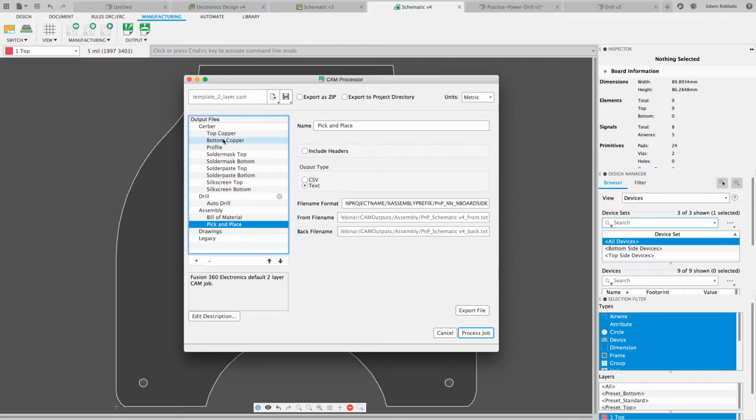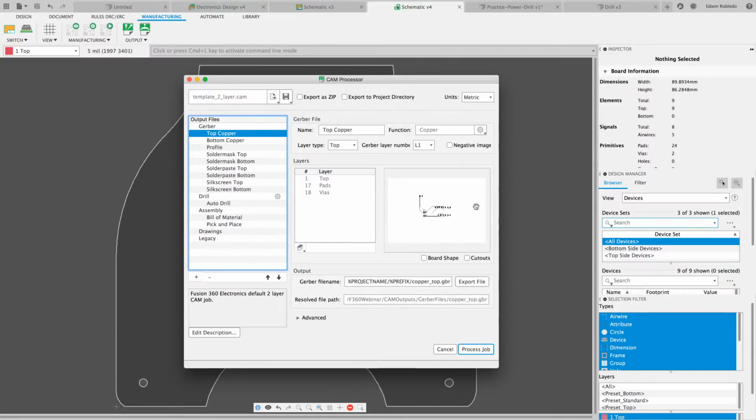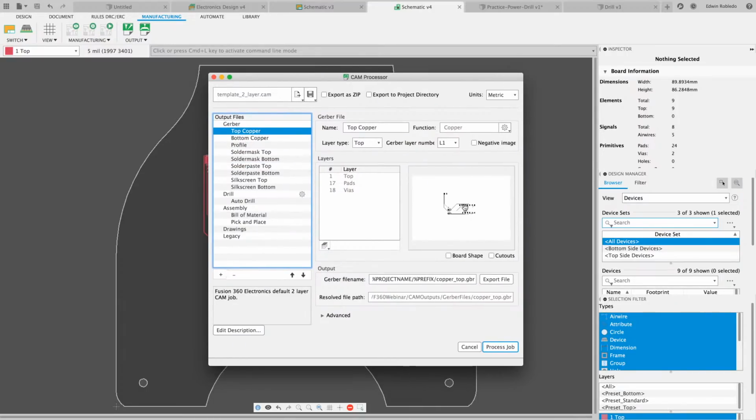Now the Gerber files actually let you preview what it's going to look like. So this is what the Gerber file for the top layer looks like, which is actually a combination of the top layer and the pads and the vias as well. The bottom copper layer, I don't have any traces, so it's very small here. My profile is my board outline, including the drill holes, our solder paste templates,